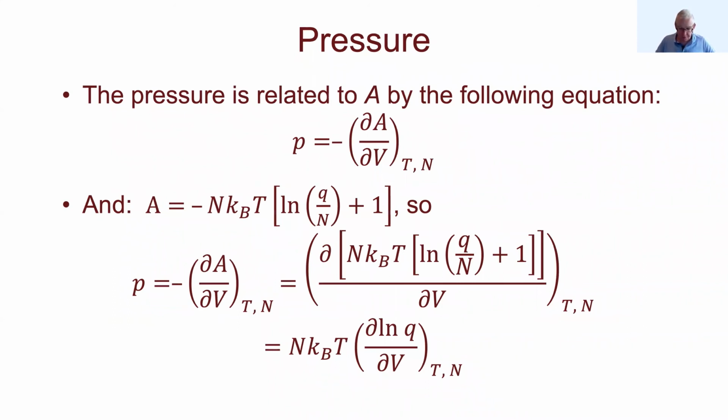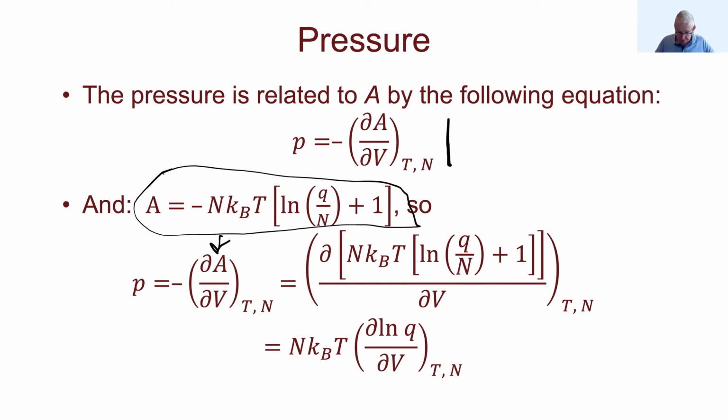It's just the derivative with respect to volume of that Helmholtz energy, where the derivative is taken at constant temperature and fixed number of particles. So now we have an expression for the Helmholtz energy, and that's this one. All I have to do is take this and put that in here for A,